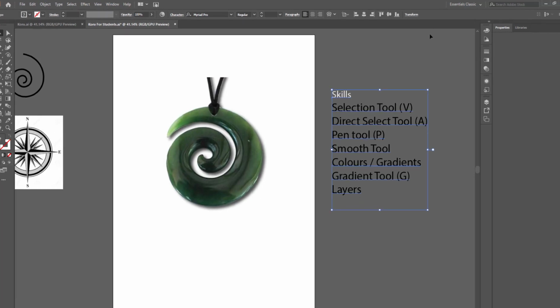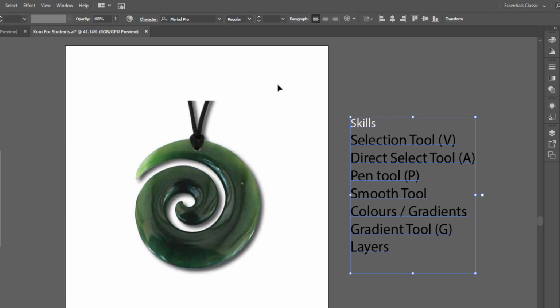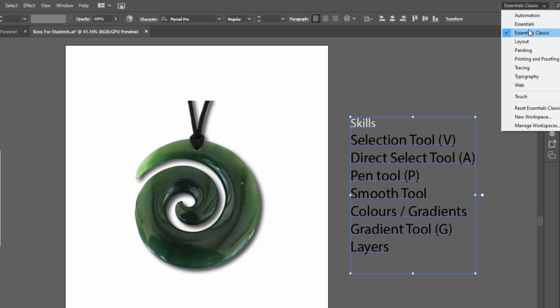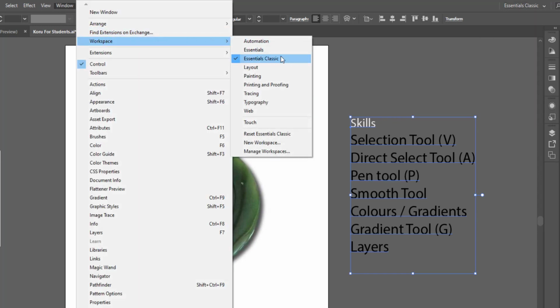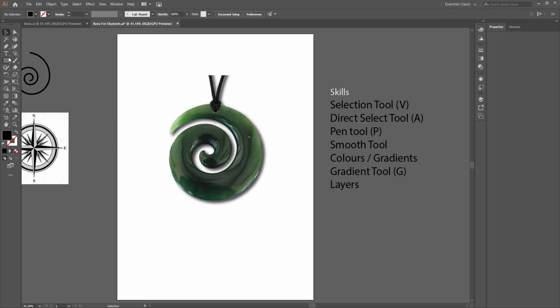But before we start, I want you to make sure that your workspace is in Essentials Classic mode, as this is the same as the previous tutorials that you've been doing. You can either set that here, or you can go to Window, Workspace, and choose it here. That'll make it so you have the double row here, and it'll be a similar workspace to what you're used to